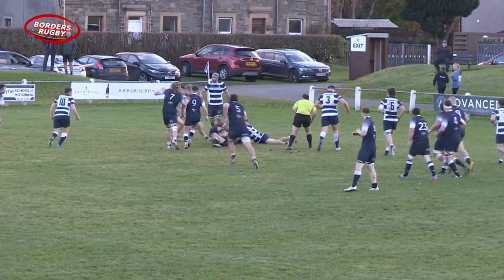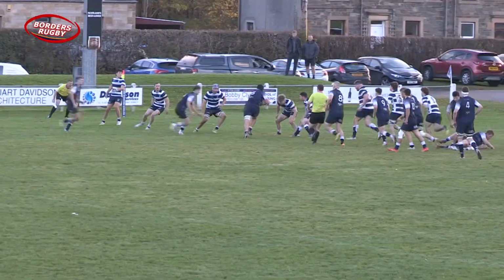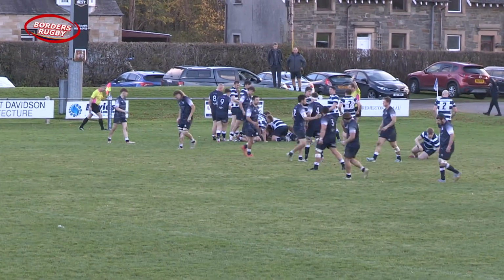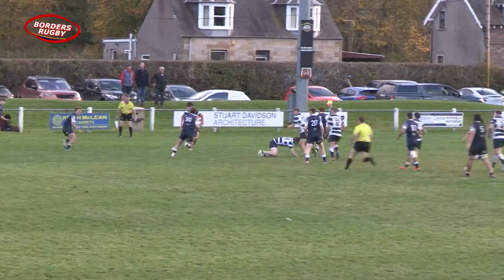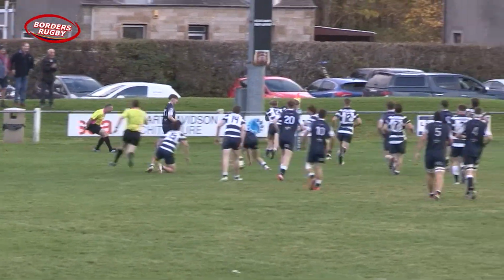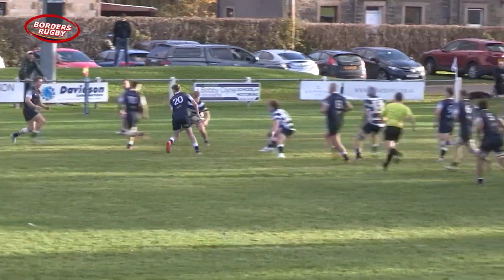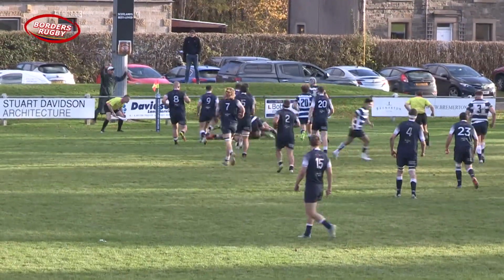Some may have predicted that Heriots would have run away with this game quickly into the second half. However, this was a game where momentum was swinging in chunks, and the 3rd quarter was Selkirk's finest, starting with Jack Fisher going over just minutes into the half. This was quickly followed by a well-worked Callum Anderson try, and then another by Aaron McComb. And with 2 Hugo Alderson conversions thrown into the mix, suddenly the suitors had a 3-point lead heading into the